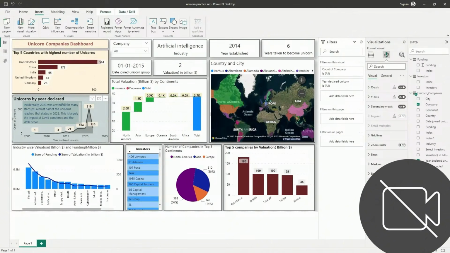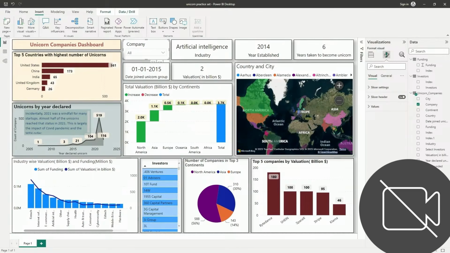Fine. So we are done with the editing of 3 parts. So we are done with the editing of title and 2 visuals. Now let's do the editing of rest of the cards. This is company. Fine. For cards I can take different font size. Okay, so this is not card, this is slicer. So in slicer header is in 12, so let's keep it 13, make it bold. And for values,